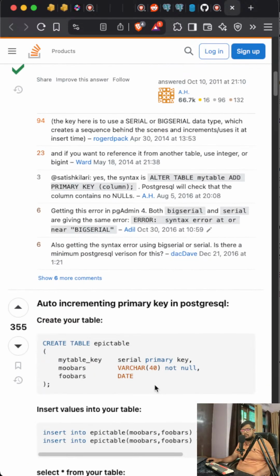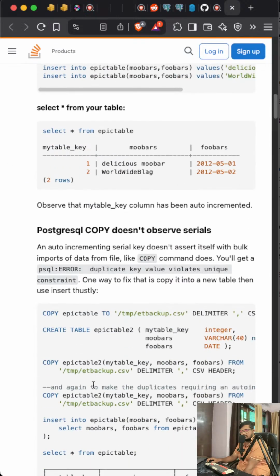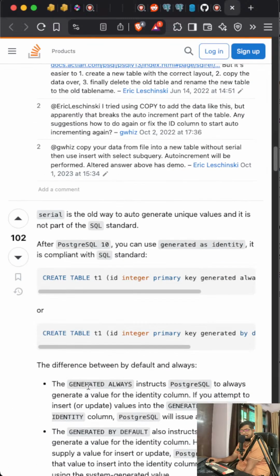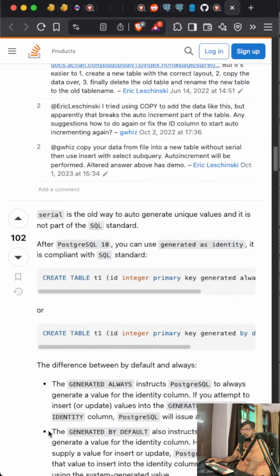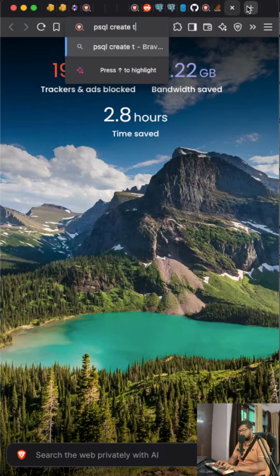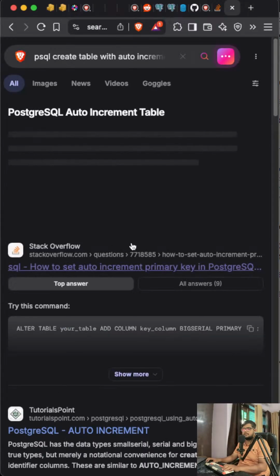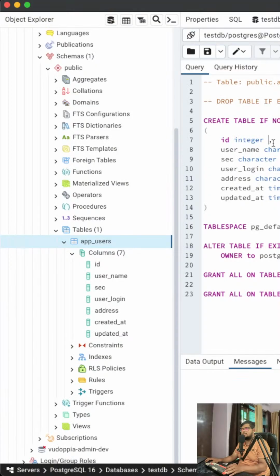No, that is fine. I need the guys. Do you know a keyword for auto increment? I think it's AI, right? Auto increment, or it's auto underscore increment. You can use serial, which is an old way to auto generate unique values. For example, to get a label with an auto incrementing ID, what should I use? Serial,